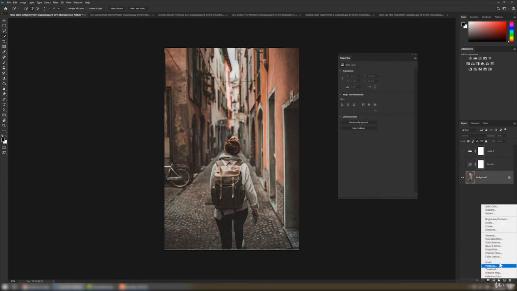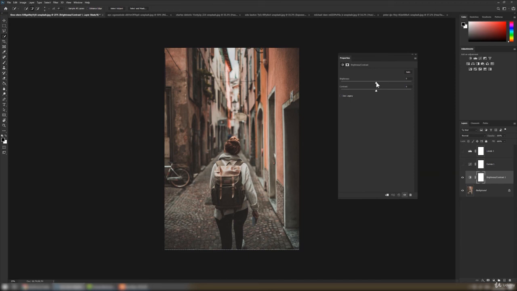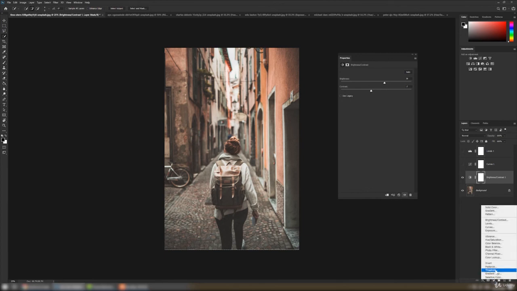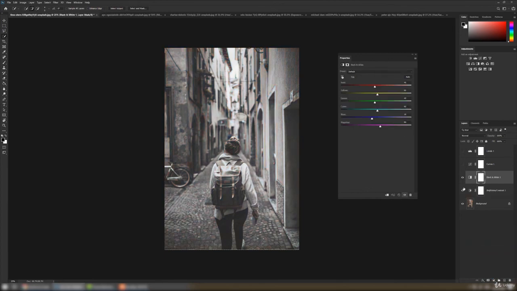So these options are important for image correction: hue and saturation, exposure, curves, and levels. You can always add brightness and contrast that will automatically work on brightness and contrast of the image. We can always turn it into a black and white image, turn it off. We can adjust the red part of black and white image, yellow part of black and white image. We can improve the colors of black and white image. So we can always adjust these bars, and that will affect our colors in our image.